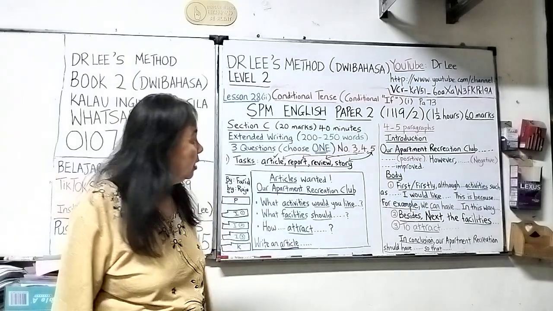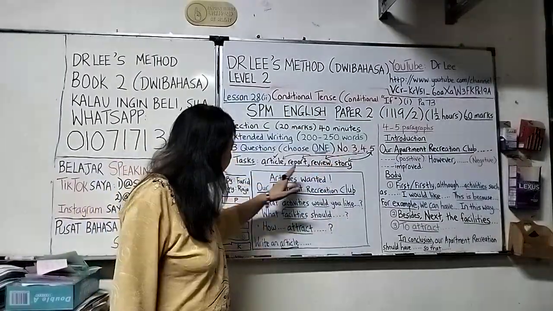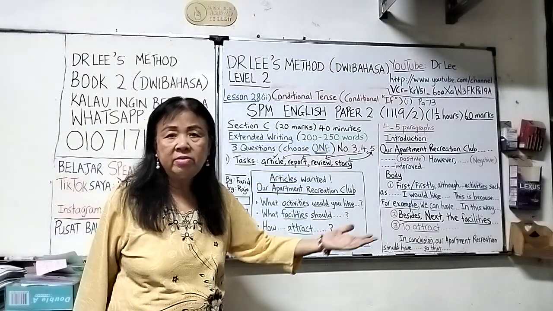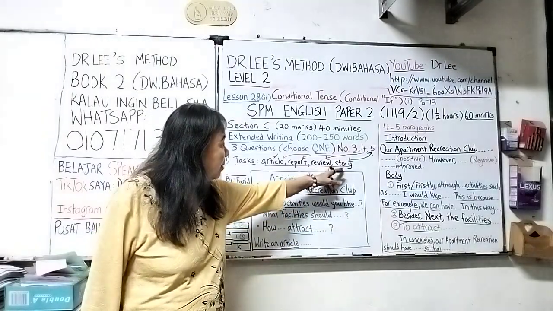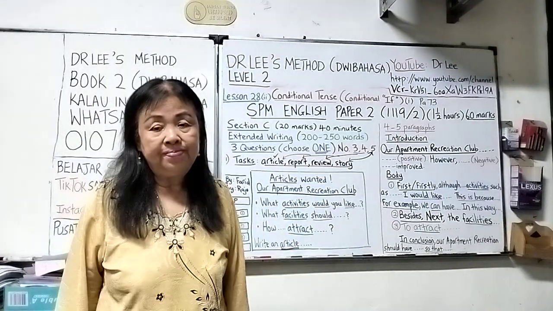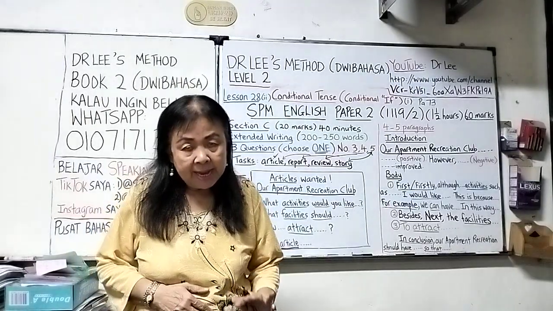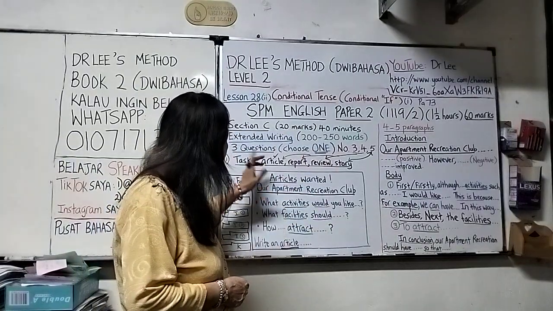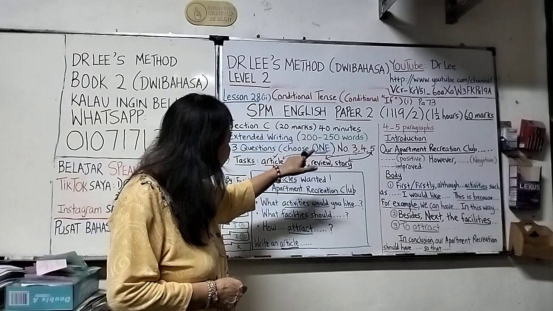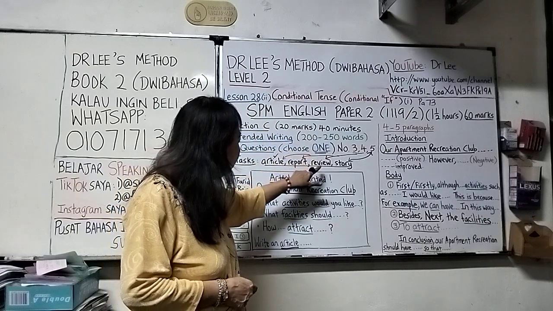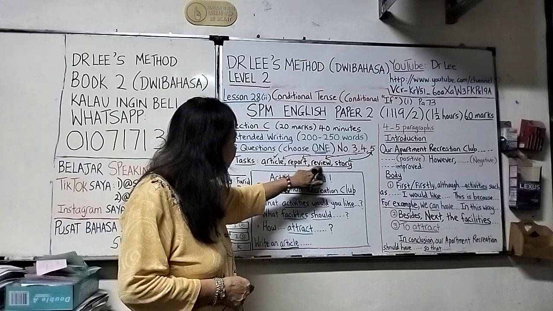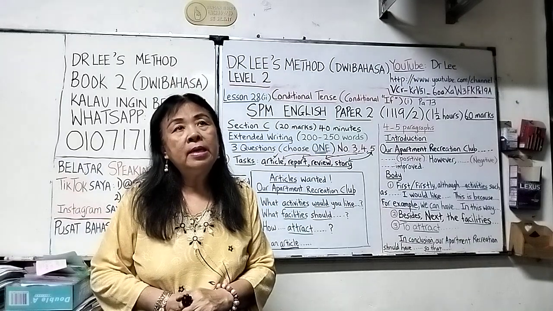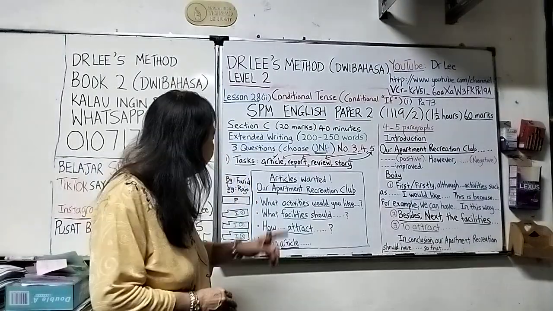Choose 1. Now, question 3 and 4 are under articles, reports, review. Book review, hotel review, beach review. And then number 5 is writing a story. For me, I will spend 3 lessons, 3 videos. 1 video, which is today on article. My next video, report. And then the following, or I will do 4 then. Another one on review, and then 1 more on story. Okay? So, for this lesson, I will do article.